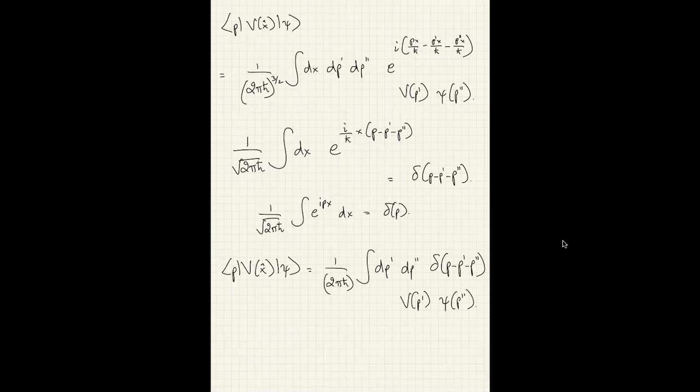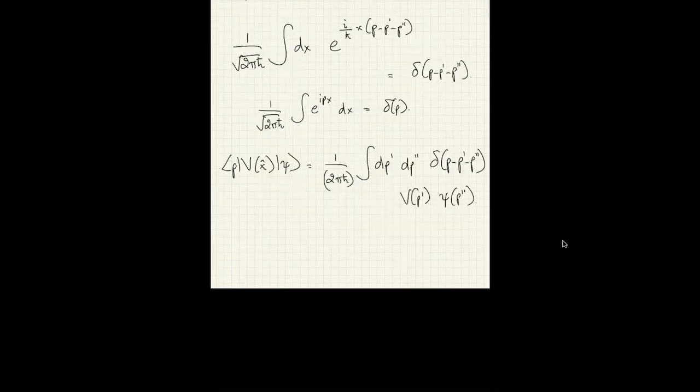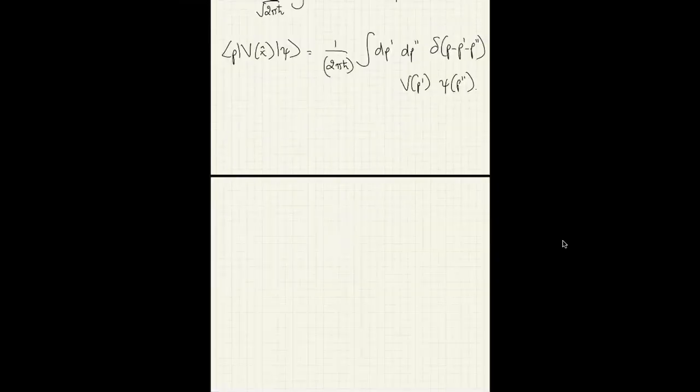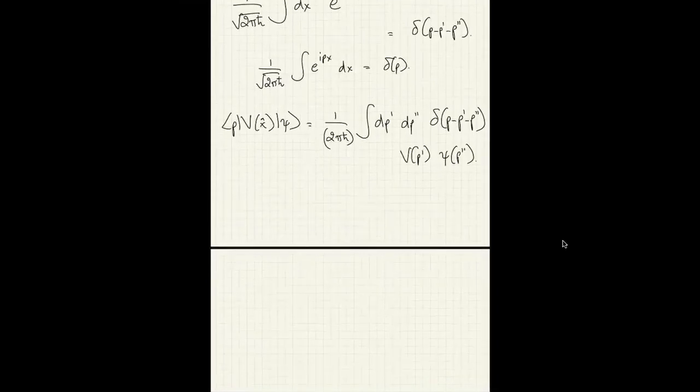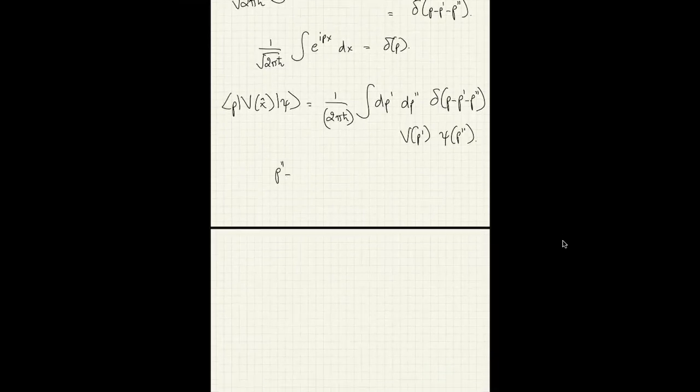Now I can use this delta function to do one more integration over p. And for example, I can do the integration over p double prime. If I do the integration over p double prime, the delta function forces p minus p prime minus p double prime equal to 0, which means it forces p double prime to be equal to p minus p prime. So this matrix element can be written, oops,